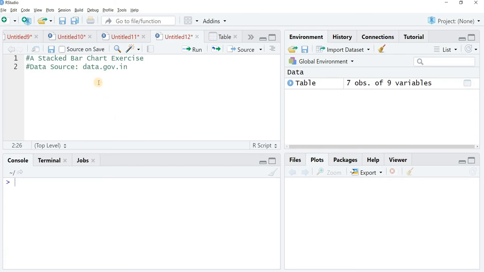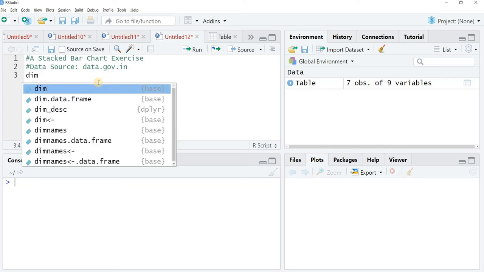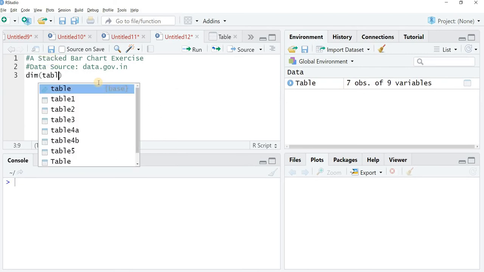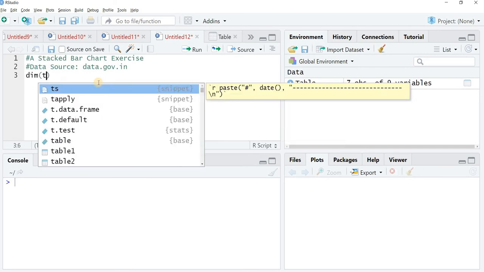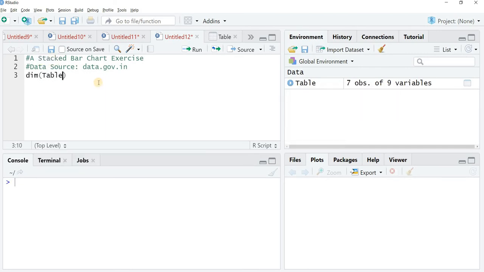Now I have my data. The first thing I would like to do is check the dimensions of my table. When I check my dimensions, it is 7 rows and 9 columns. I would like to remove the last row and column.